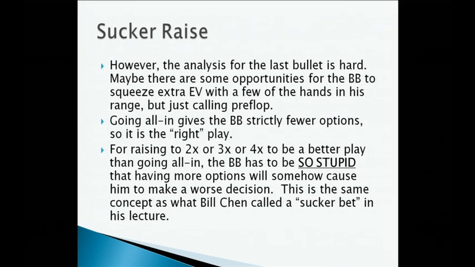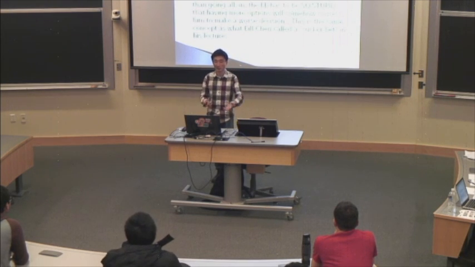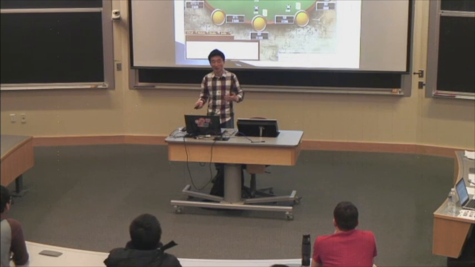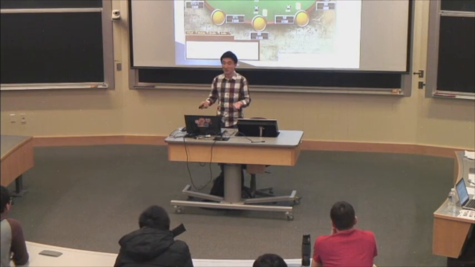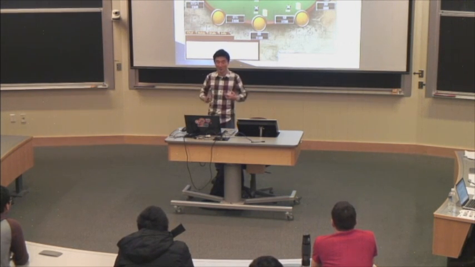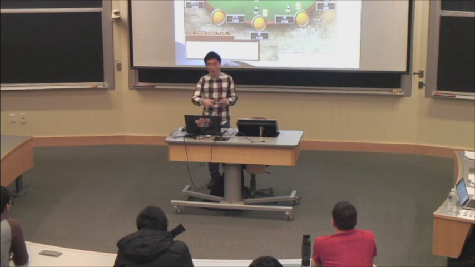This occasionally, very rarely happens, but when it does happen, I'm sometimes very confused because my opponent shouldn't be doing this. So maybe they're stupid and they're actually giving me a free option. But maybe I'm actually the stupid one. Maybe they think I'm so stupid that if they gave me the free option, I'm going to make a mistake.